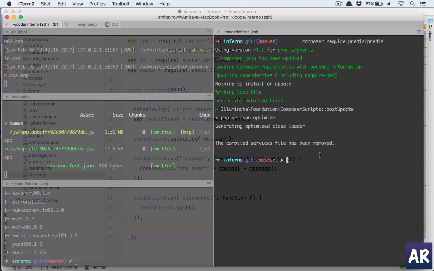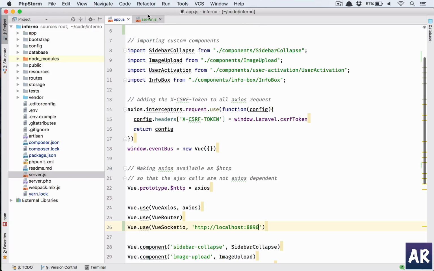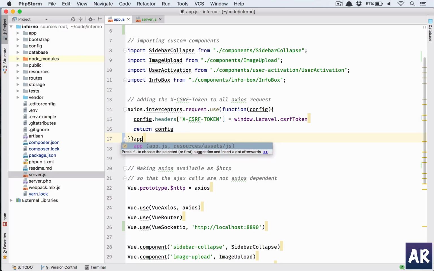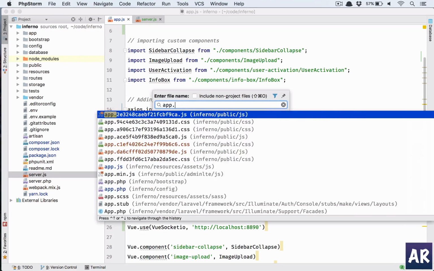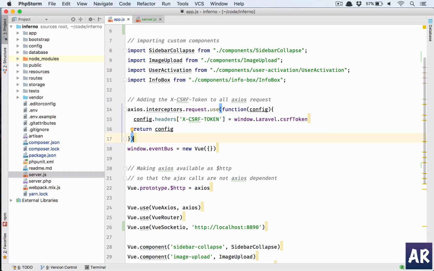Right, in the meantime we have our Redis installed, so things are looking good. We have this event here, and now let me quickly see in my app we made the setting, right? App.php. Yes, we have that. So why don't we go to our controller, which is